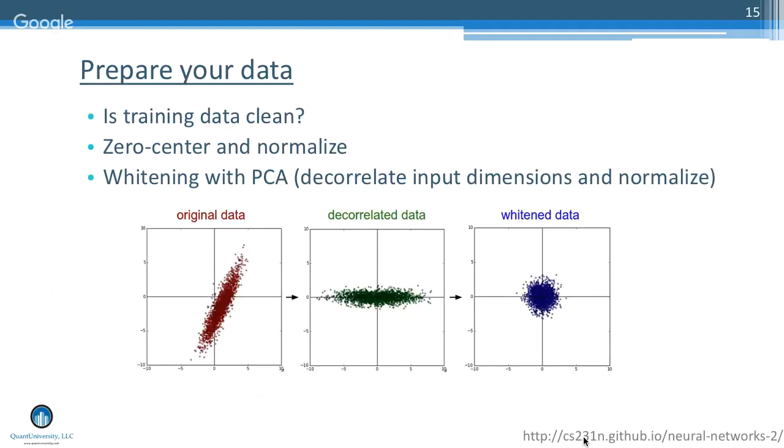That just makes things numerically happier. You can also do things like PCA, principal component analysis, to make the data sort of more orthogonal in different dimensions, which can make it easier to learn from the network. Again, in principle, with enough data and training time, none of that is really necessary, but in practice, it helps a lot.